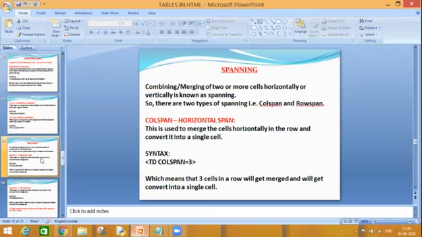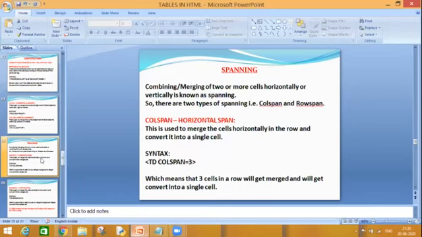But along with this row and column, one word is there, span. S-P-A-N, span. So let us understand what is spanning. Spanning is combining or merging two or more cells together, whether it is horizontally or vertically, is known as spanning.